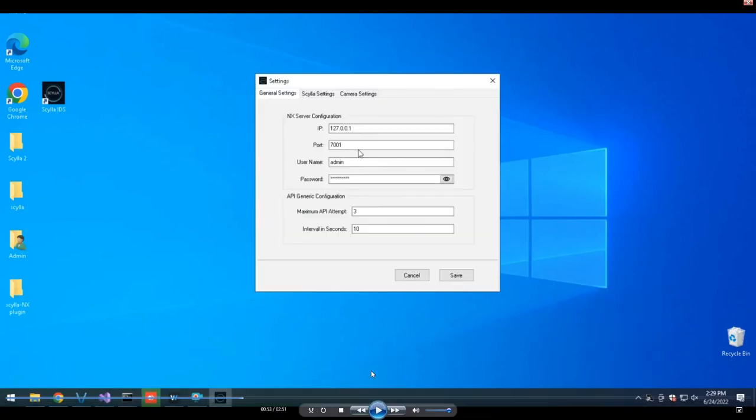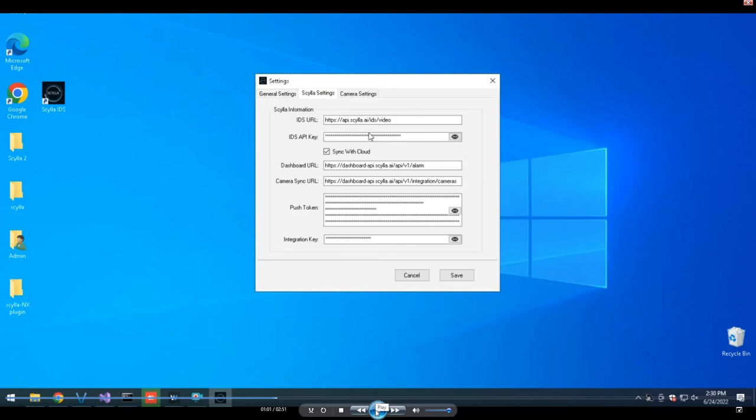And here you'll see the IP address of your VMS, since we're installing directly on the actual server, this is the local loopback IP address of the server. And here on the Scylla settings tab, you'll see this key information on the IDS API key, as well as the push token